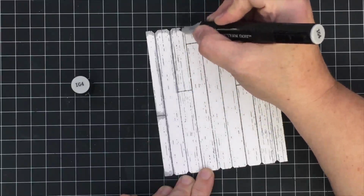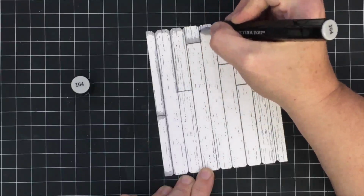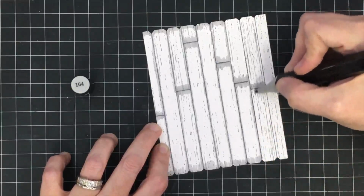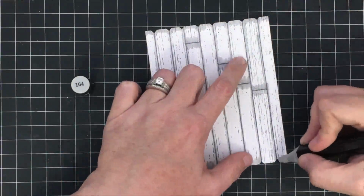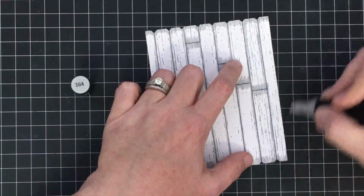Also between the planks, you can see how I'm going up and down between the planks. And I just think this is kind of neat to give the fence a little dimension. I actually don't think it's necessary when the finished product is done, but I thought this might be a neat way to give some dimension and to get you playing with your Spectrum Noir markers and kind of blending them. Of course, you can use your Copics, or you probably could even use Sharpies here